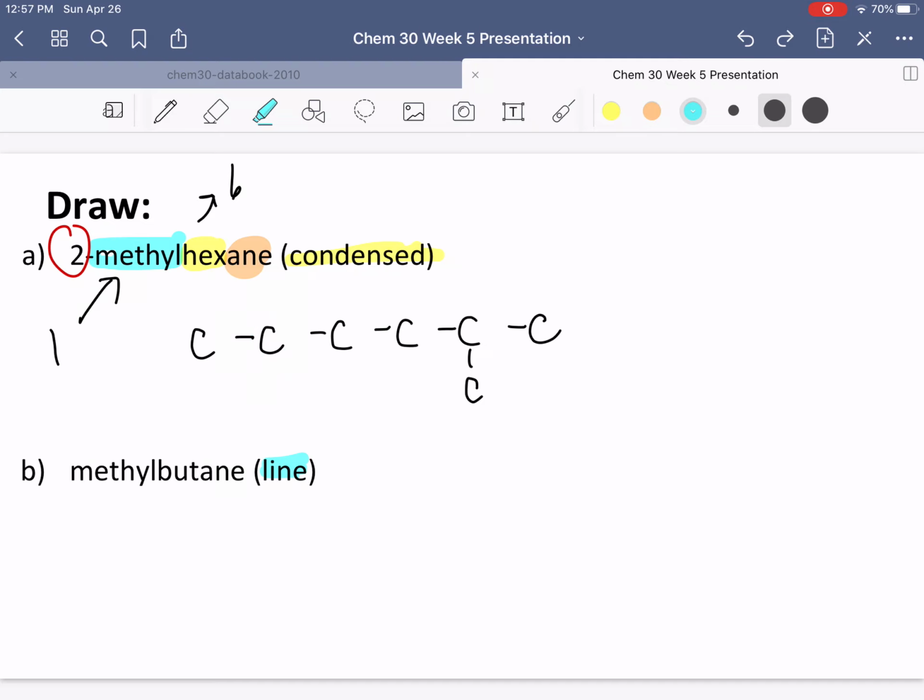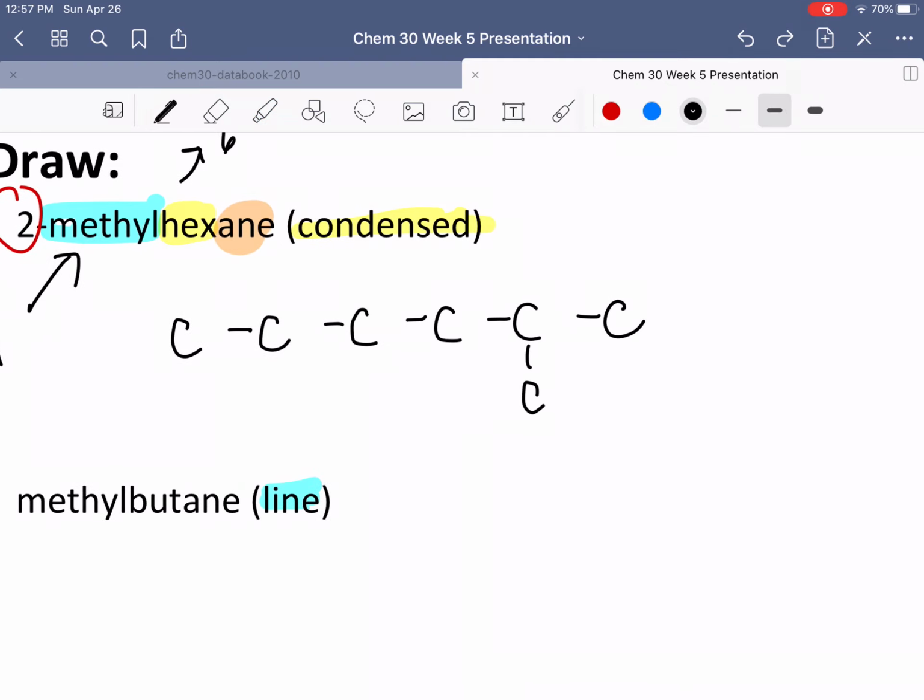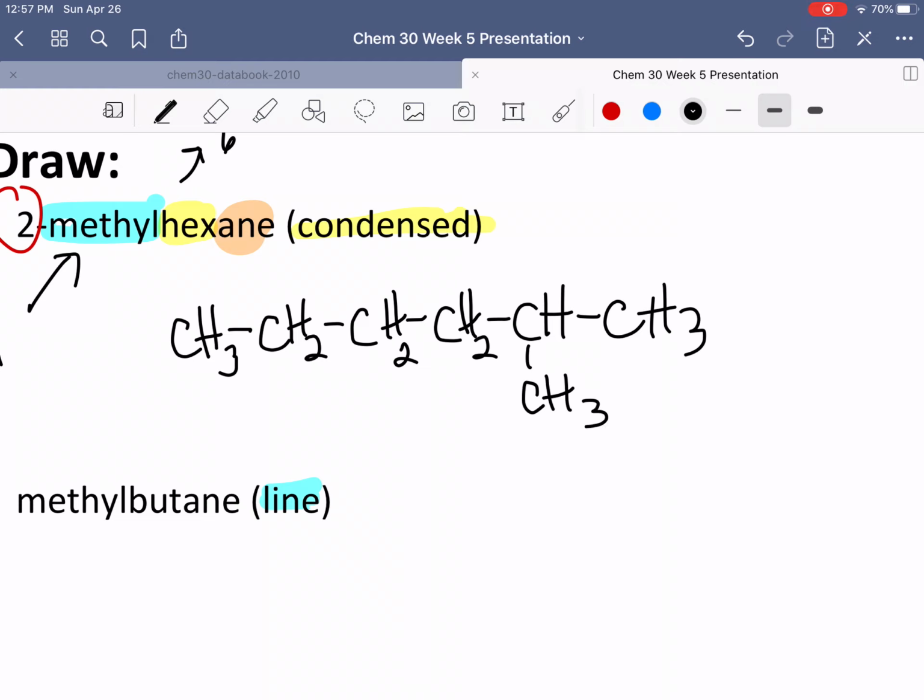Okay, so now we need our hydrogens in there. Anything on the end is going to have 3 hydrogens to make sure that carbon's bonded 4 times. Now we get to this carbon. I need 2 here, 2 here, 2 here. Be careful with this one. This one is already bonded 3 times, which means it only needs 1 more hydrogen to get it to be bonded 4 times. And then we got 1 on the end here again. H3. This bottom methyl group that came off also needs our 3 hydrogens. There it is,